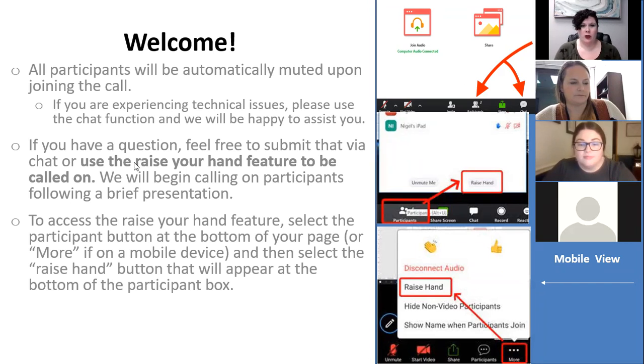If you have a question, you can feel free to submit it via the chat, or you can use the raise your hand feature to be called on, which if you're on a desktop will be underneath participants and then the raise hand option, or if you're using the mobile app, you click the three dots above more and click raise hand. We will be calling on participants following our brief presentation. So we'll see if we get all your questions answered during our presentation, and then we'll give you a chance